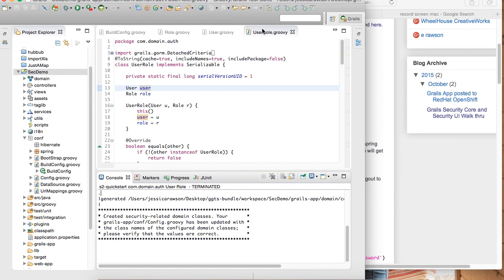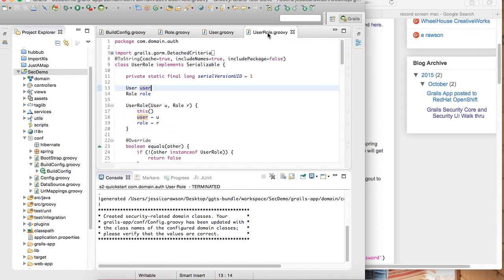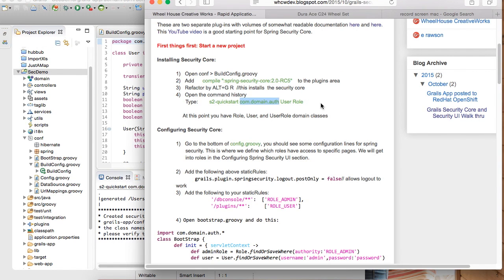It created these 3 domain classes, and we're not going to touch them because we don't want to customize anything. Right now we're just worried about implementing the base security core, which we did, and I'm pretty sure it's done. Okay, let's configure it. So now that we have it installed and we have our domain classes, we're going to go through and configure